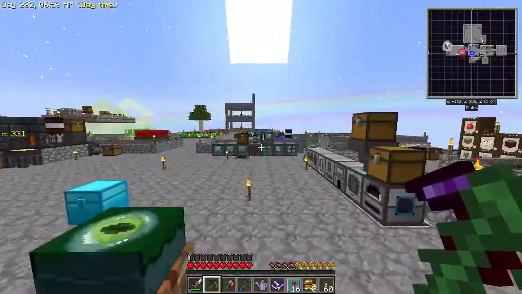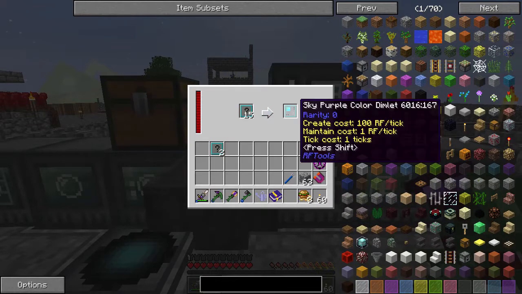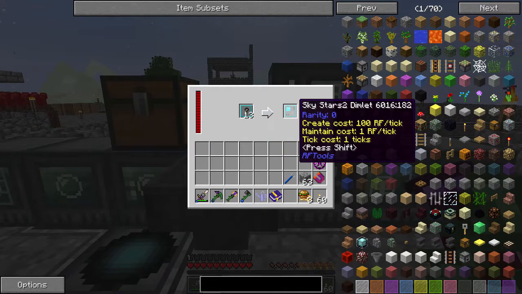Let's get the dimlets researched and see if we get anything good. Sky color purple, nope. Dark day, nope. So